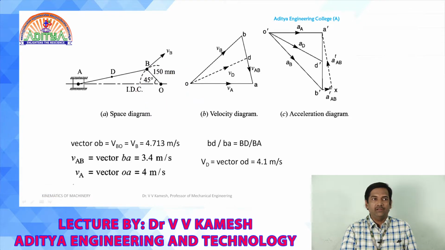Therefore, whatever radial component we have, that means the crank is having omega square into r, where r means the radius of the crank. That means omega square into OB. So, omega of B is already found. So, from omega square into the radius OB, that will give us the radial component of the acceleration, that itself will become the absolute acceleration of the crank. So, we need to start with O dash, B dash.